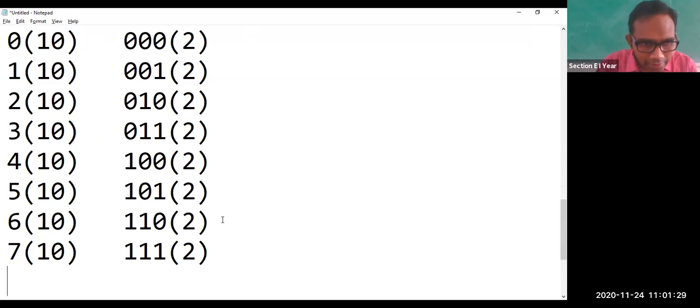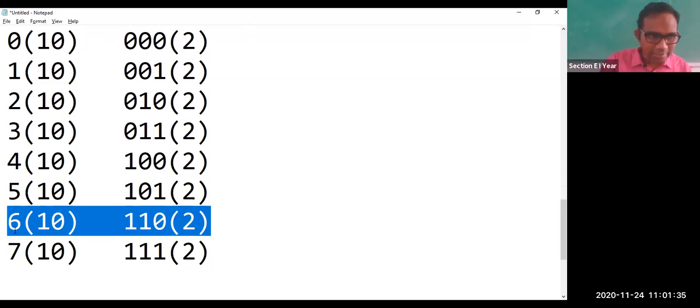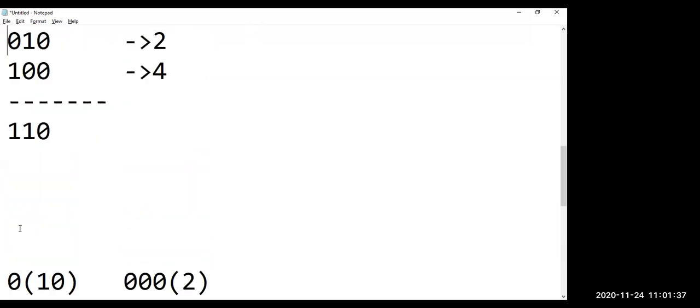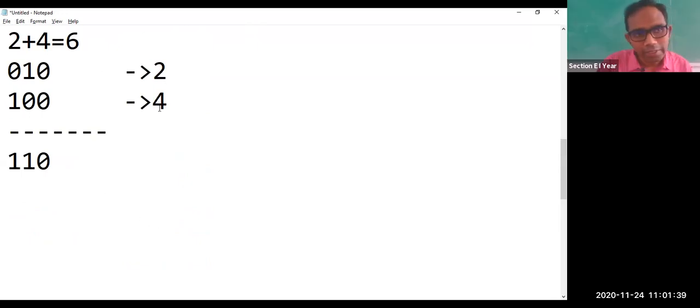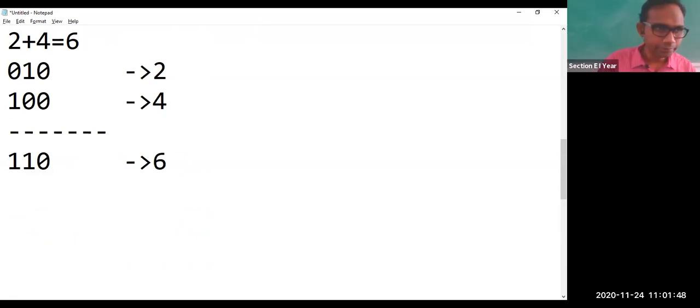Can you see here 1 1 0? 6 is the right answer. 6 representation in binary. Okay, so what we have done, we have added 2 and 4. The result is also 6 and this is also equal to 6. Now let us complicate this thing a bit. Simply I'm going to write 1 here and I'm going to make here a 0. So what is this? 2 plus 2, right?